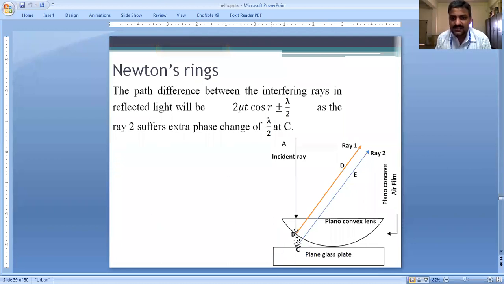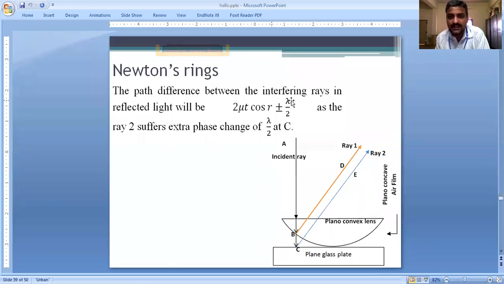Okay. So let us suppose that at a specific point where we have denoted as B and C, let the thickness of the film be some t, small t. Remember, this t is not constant. From point to point, as you move this way, the thickness is going to vary. And at the point where the lens and glass plate touch each other, it is going to have zero thickness, right? So this is zero thickness and the thickness will be continuously increasing.